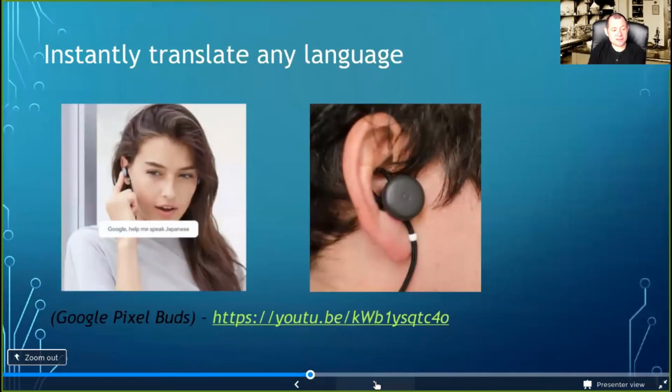Instant Translate, Google Pixel Buds. They're the beginning of this technology, but this technology is going to get better and better. So you can imagine you put these little buds in your ears. You're in a foreign country and you're walking down the street and you want to ask someone directions. All you do is, if they've got the buds as well, and I'm guessing at some point we will all